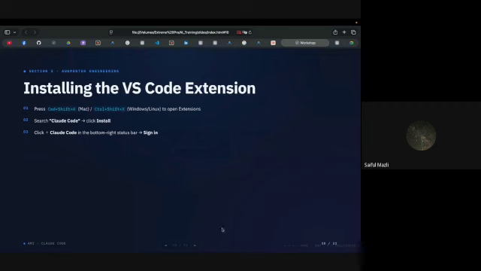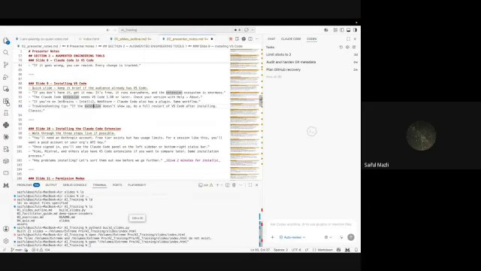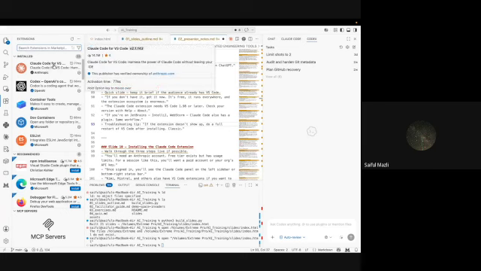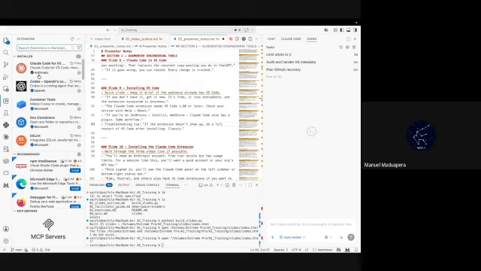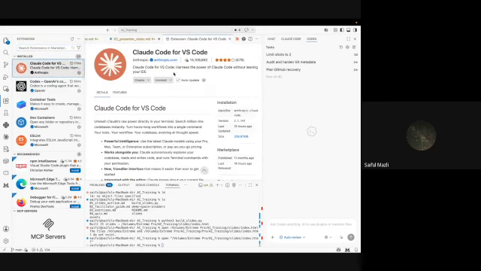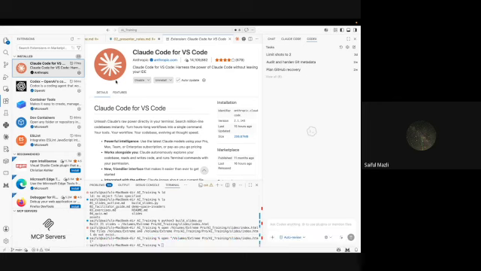Right. Then in Visual Studio Code, what you would do is you go to the extensions, search for something called Claude on Visual Studio. Make sure it is from Anthropic. It's got that tick mark. So make sure if you're getting Claude Code, you're getting it from Anthropic. Right. Now, unfortunately, for Claude Code, there is no free version. You have to pay $20 to try Claude Code.